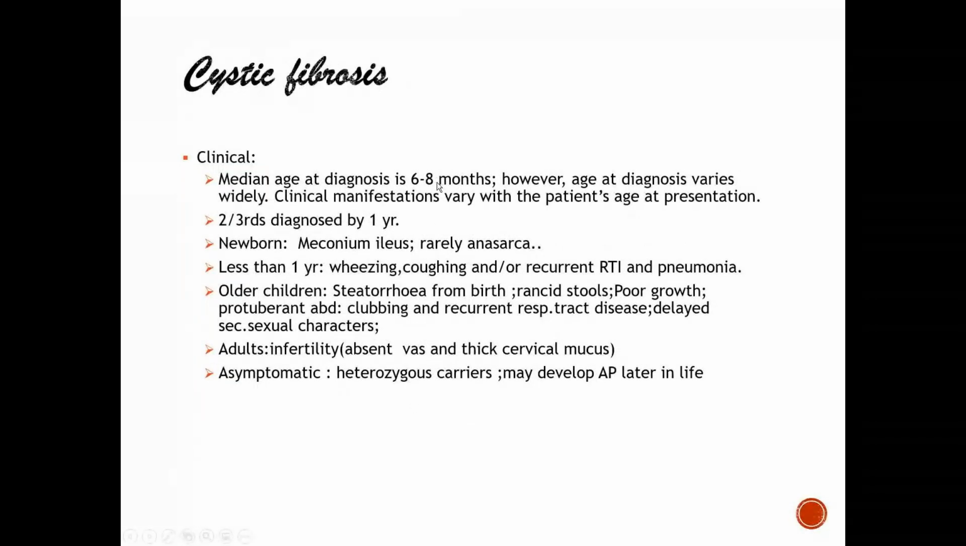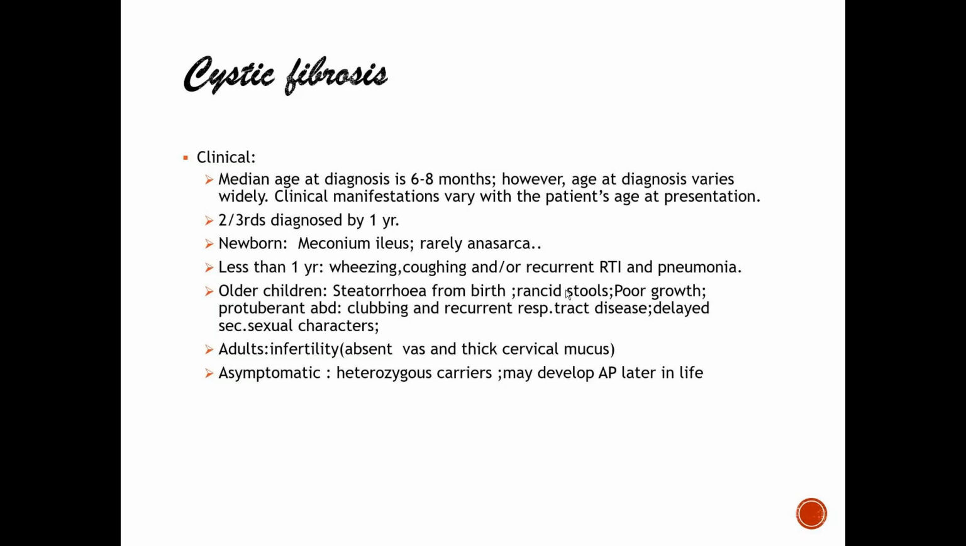However, age at diagnosis varies widely. Clinical manifestations vary with the patient's age and presentation. Two-thirds of these patients could be diagnosed by 1 year. In a newborn, the most common presentation is meconium ileus. When a child is less than 1 year and comes to you for the first time, he will be coming with wheezing, coughing, recurrent RTI, pneumonia. An older child manifesting for the first time with cystic fibrosis would be showing a history of steatorrhea from birth, the rancid stools, which are very offensive stools because of the fatty acids